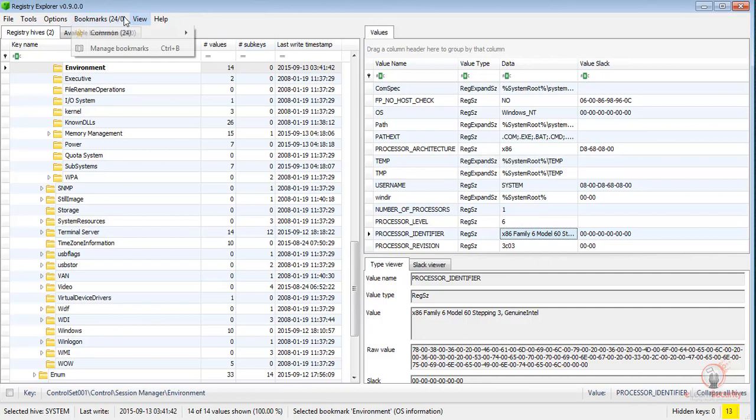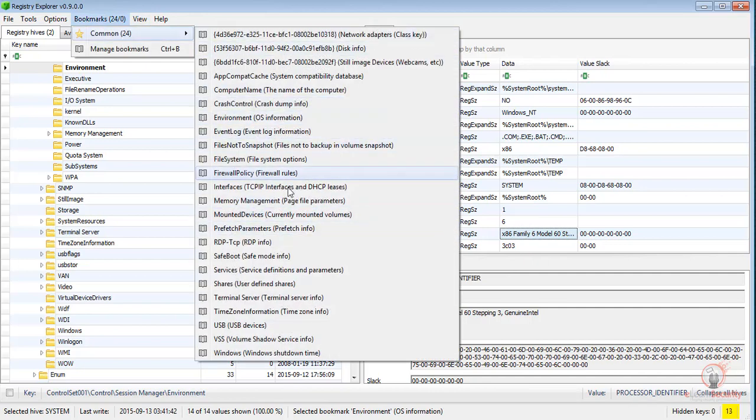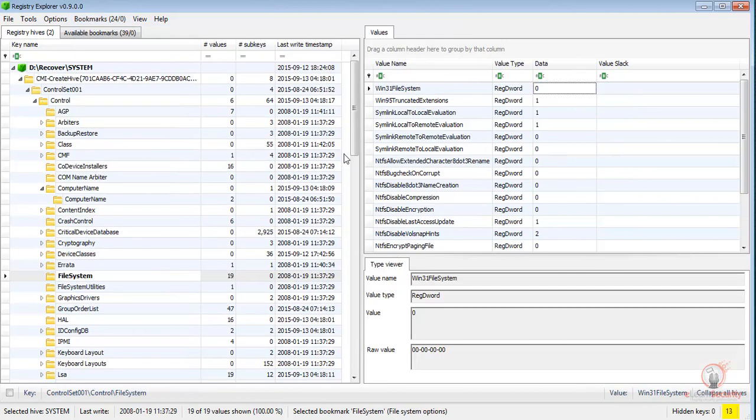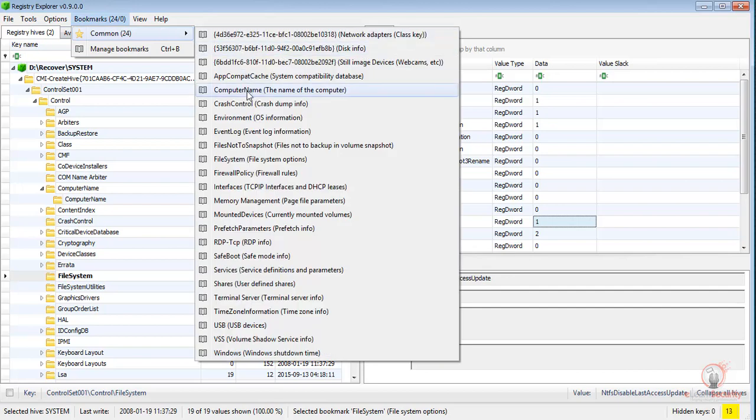So, going back to Bookmarks, we have several options we can choose from. We'll go through a couple of them. Let's select File System. Immediately, we see the file system details here. For example, here is NTFS Disable Last Access Update. By default, it is set to 1, which means NTFS is disabling the last access update. Let's look at another option,